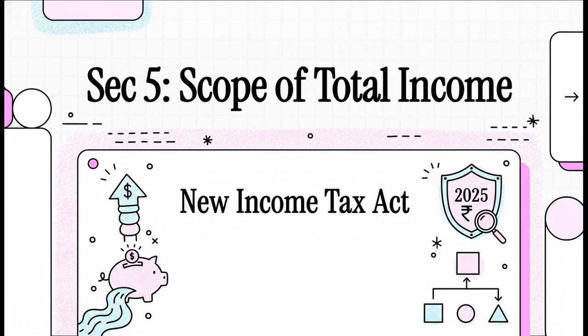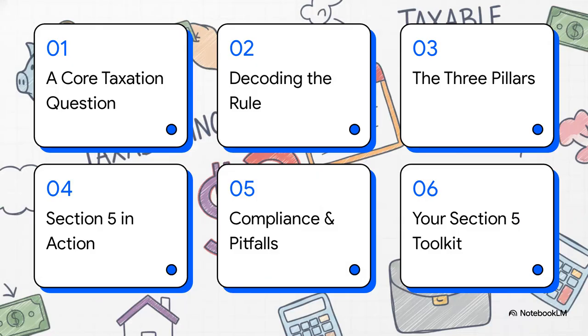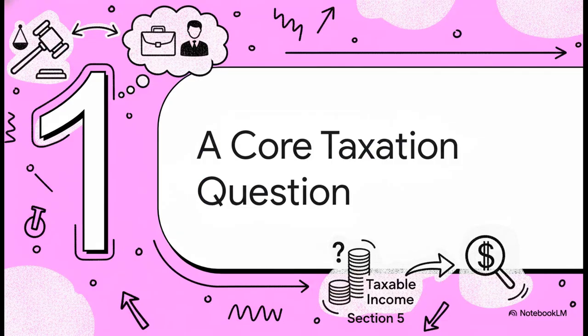Let's break it down. All right, so here's how we're going to break it all down. We'll kick things off with a common scenario you've probably seen 100 times. Then, we'll decode the rule itself. After that, we'll see how it all works in practice, talk about some critical compliance points, and wrap it all up with a simple toolkit to make sure these key concepts stick. Ready? Let's jump in. You know, to really get a feel for why Section 5 is so important, let's not